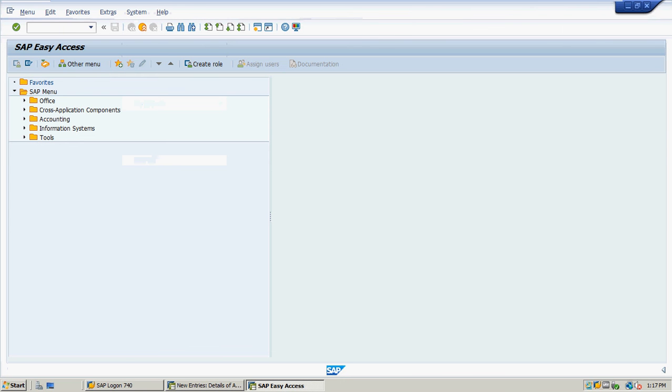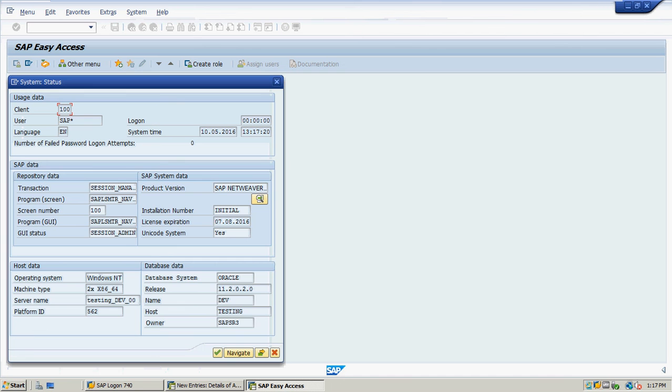If you go for 7.01 and 7.0, when you perform a client copy for the first time, it will give you one message stating to run a wizard. So there you have to click on the wizard. No need to worry. When you run the SCCL code for the first time, and select all the things, when you go for next, it is going to display this. So just click on the wizard as per the instruction on the screen. Go for next, next, next, then complete, then automatically it will come back, then go for next. By default it will take you to the next screen that you have just seen.